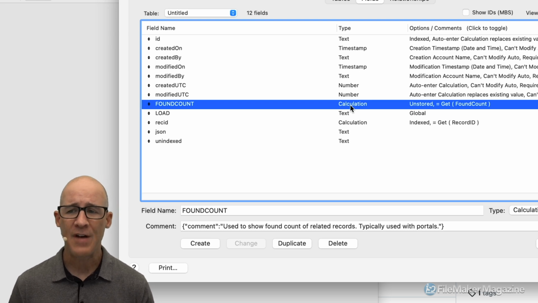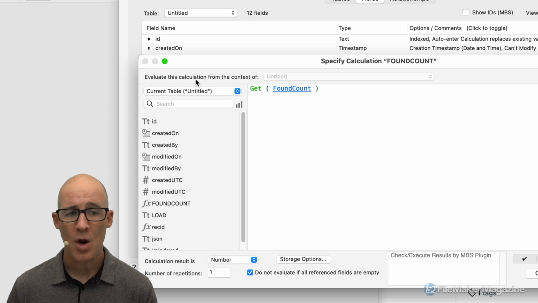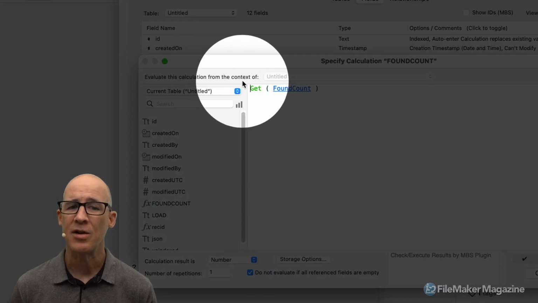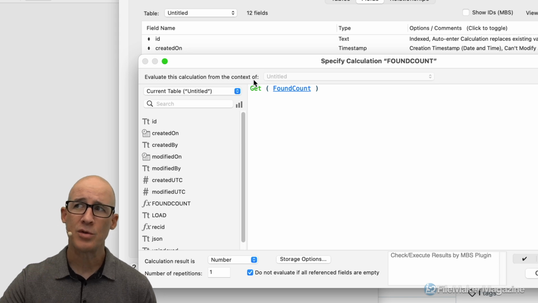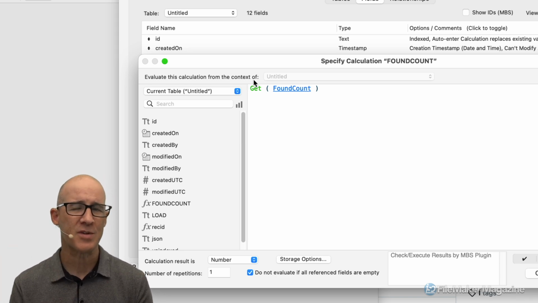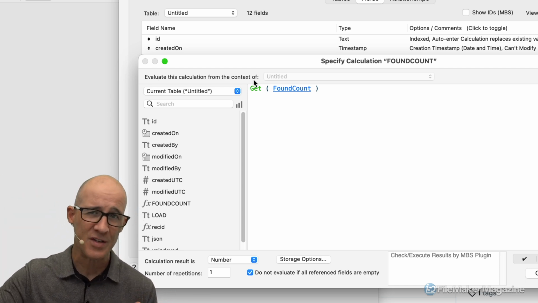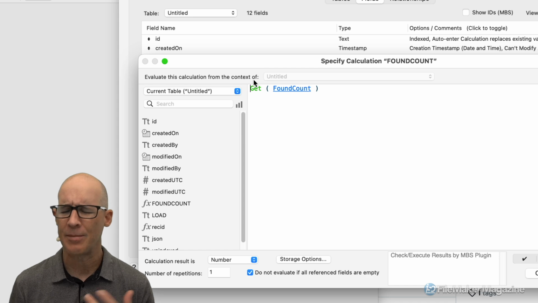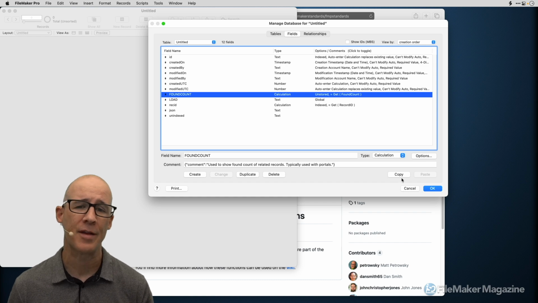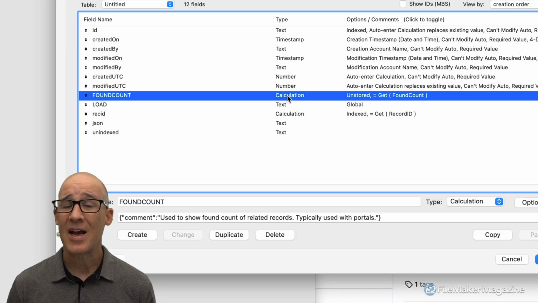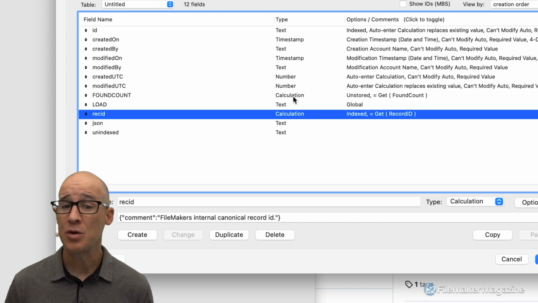So here we have the found count, which is one of the default calculated fields. When we look at a calculation, one of the things we have is this "evaluate this calculation from the context of." When it comes to default fields, a brand new FileMaker file with new default fields won't have references to relationships that existed in an older file. And so a calculated field, I'm guessing, might have certain hidden settings, but we're going to take a look at that. Regardless, one of the fields that I include is a calculated field, actually two of them right here,